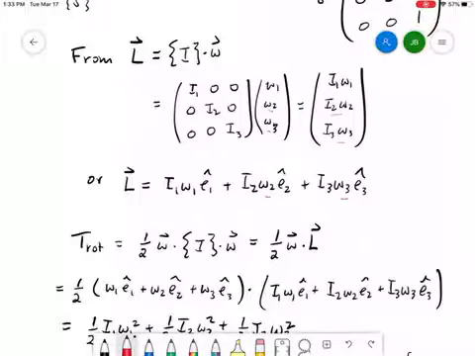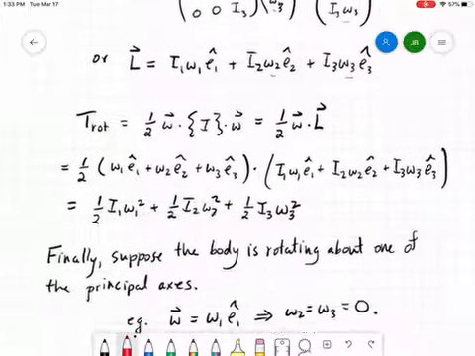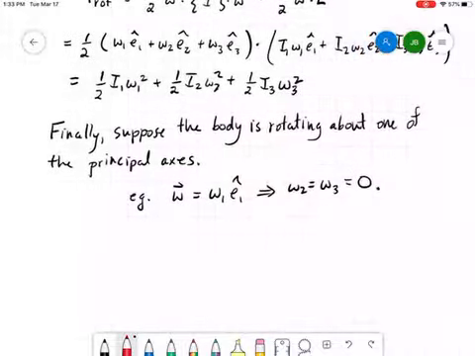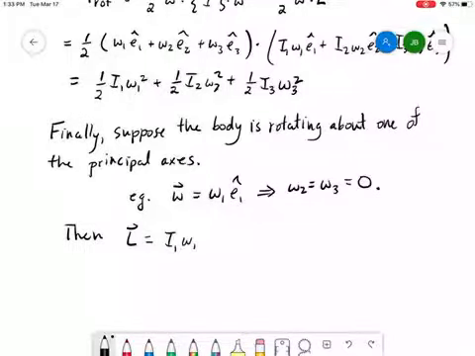You're just going to end up with a single term in your calculation of L. And that single term would look like I1 omega 1 E1 hat, but omega 1 E1 hat is just the omega vector, and so we get I1 omega. And so that's really simple, and more than being simple, what we can observe is